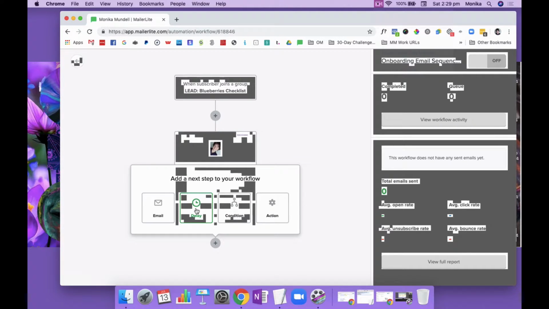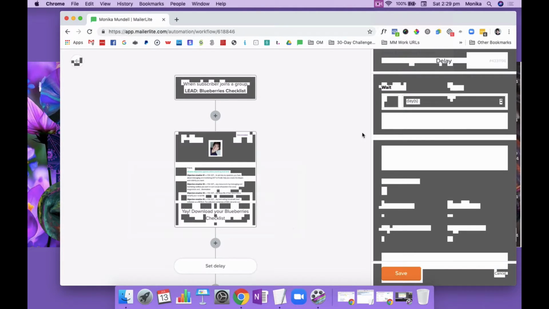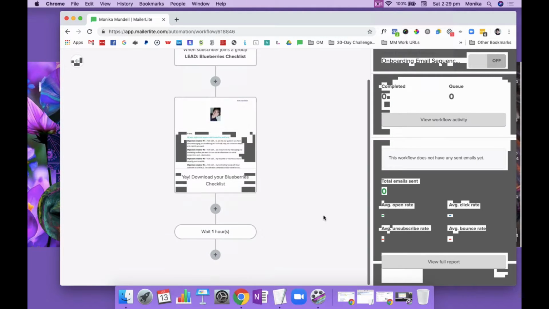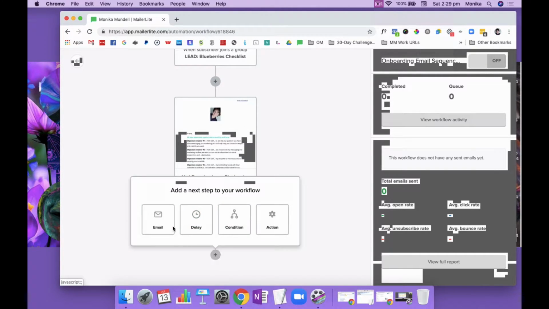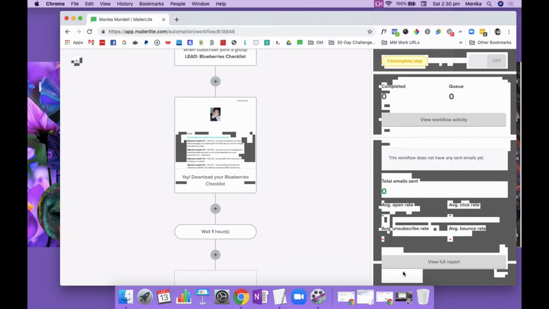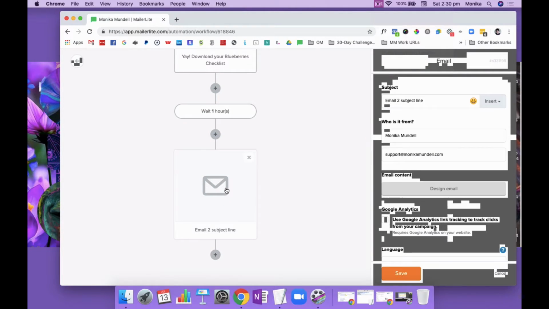So the first thing we need to do is put a delay in, and we set the delay to probably about 1 hour. Click save, and then we click the plus sign again, we click email, we build out the subject line, email 2 subject line, we save this first, okay, and then we go back on this and we design the email,